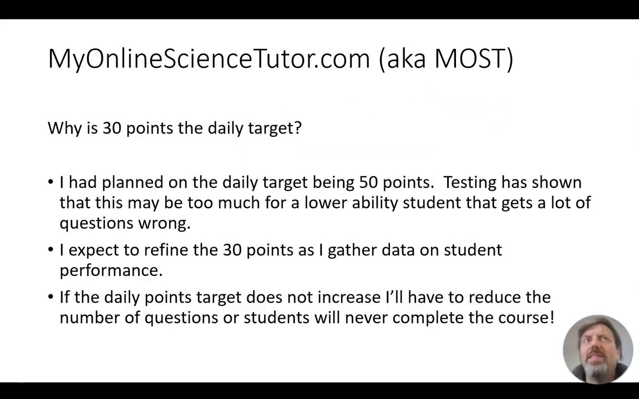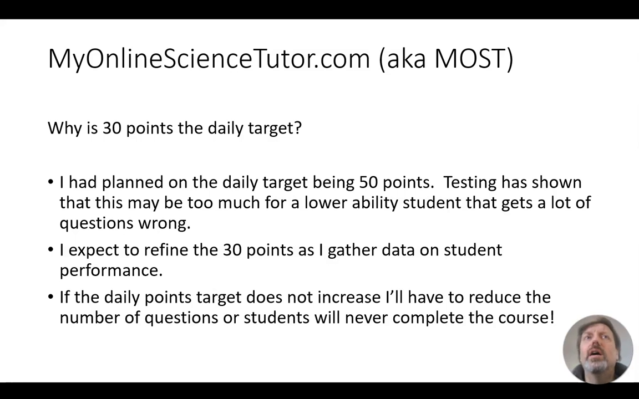Another question is, well, why 30 points? Well, the honest answer is I planned for 50. However, because of the way the point scoring works, with 3 points for a right answer, -1 for a wrong answer, that means whilst you can do the whole day's allocation with 10 questions, getting 10 questions right, if you really don't know that many of the answers and you keep getting answers wrong, it can take